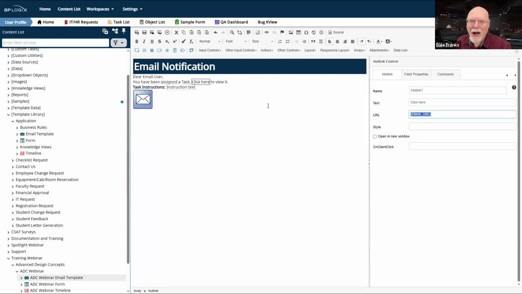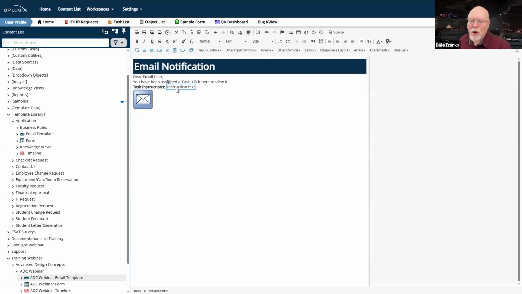Even though you have a task assigned, if you open that form, what you'll see at the bottom of the form are not any task completion buttons. You'll just see OK and cancel buttons. You have opened the form, but you have not opened it in task context. So you can't actually complete the task that's been assigned to you when you open the form in that way. So in the email template, using the email URL constructs a URL that does in fact open the form in task context. You will see your task completion buttons, and you can go ahead and immediately complete your task after opening it from the email notification.